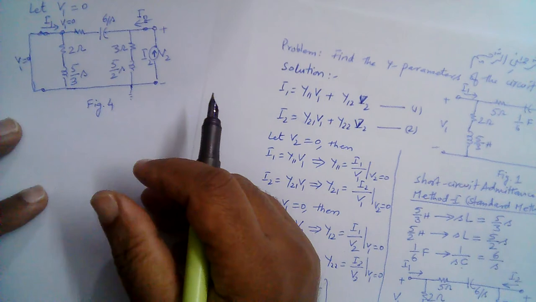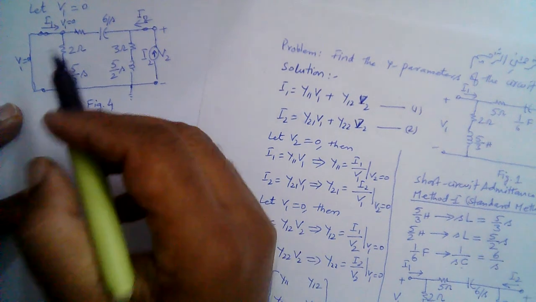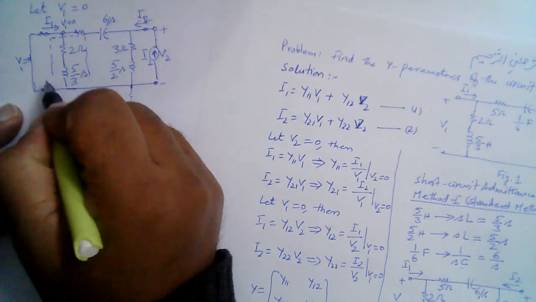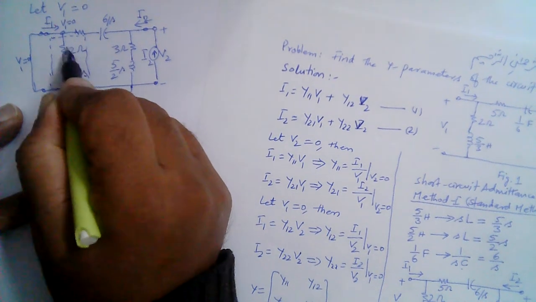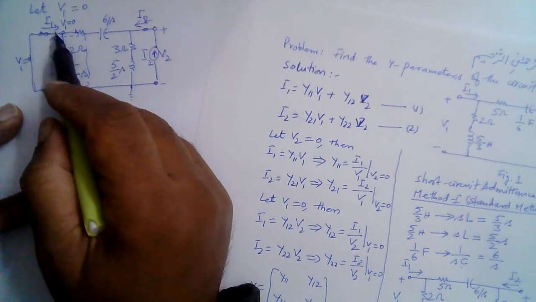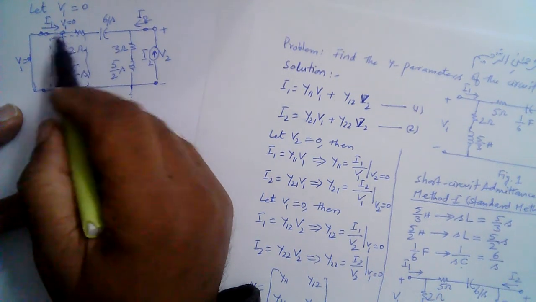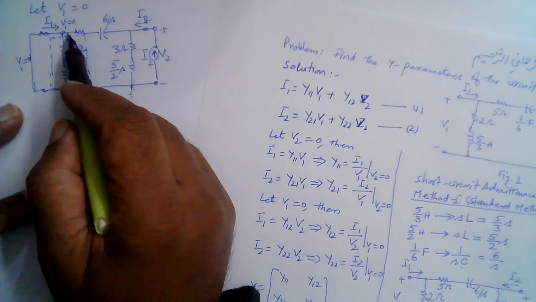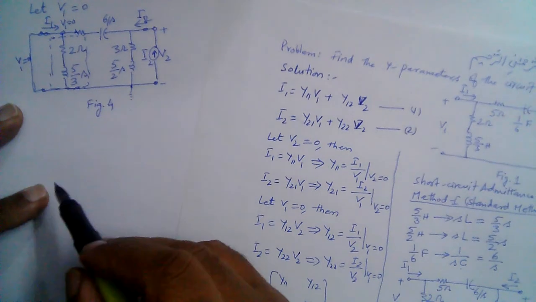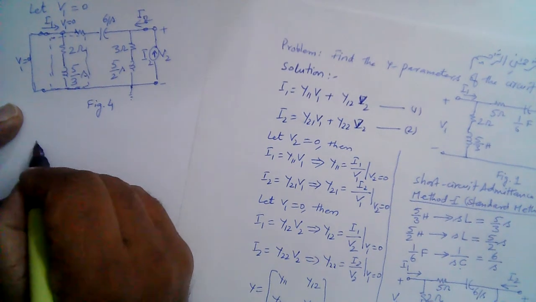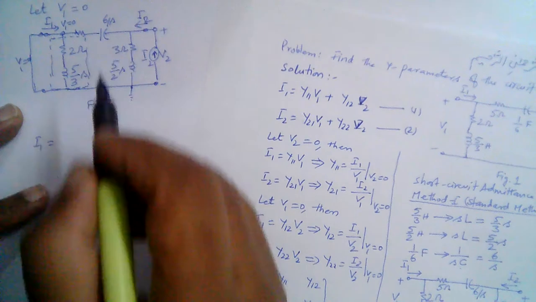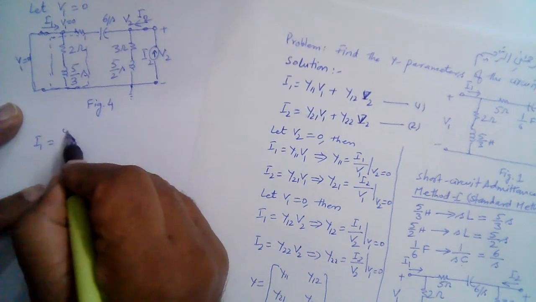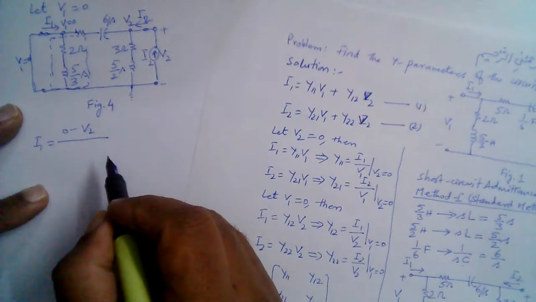So now again applying KCL at this node, and note that now this branch is short circuited, so this branch is out of the circuit, so there is no current flowing across this branch, because all the current will follow the path of least impedance, least resistance. So the current flowing through this short circuit will follow the path of the least impedance and go through this short circuit. So I1 is equal to 0 minus, and the voltage here is V2, this is node V2, right? So 0 minus V2,